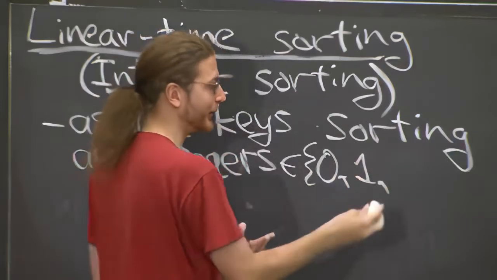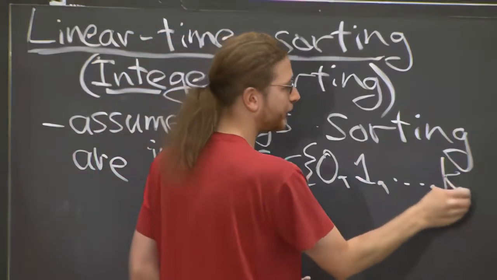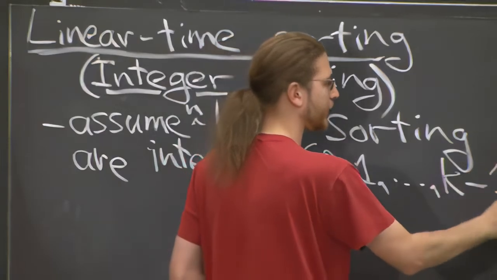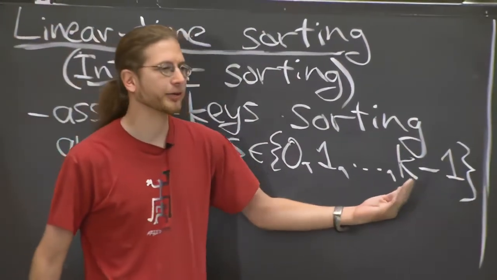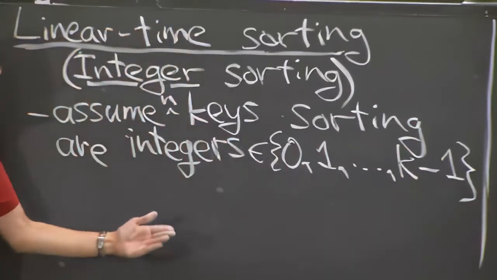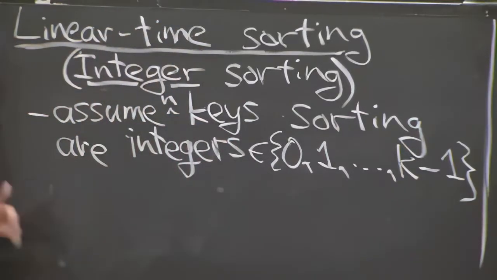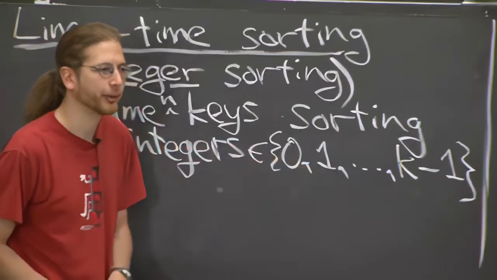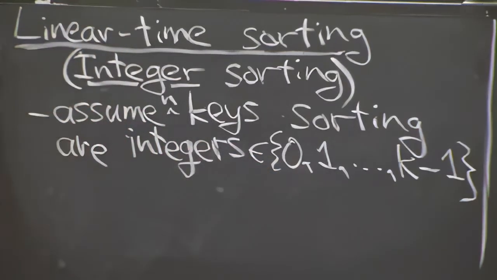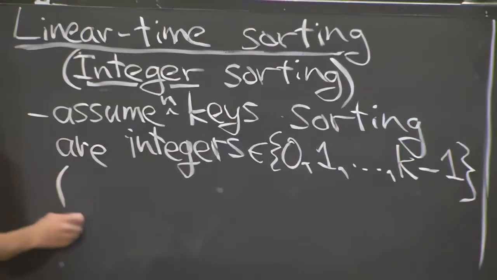It's not hard to deal with negative numbers, but it's just convenient to think about non-negative numbers. So if we start at 0, there's some maximum value, say k minus 1. So there's k different values they could be. K could be anything. It's a parameter. We've always had n as a parameter. Now we're going to also have k as a parameter. And just for completeness,